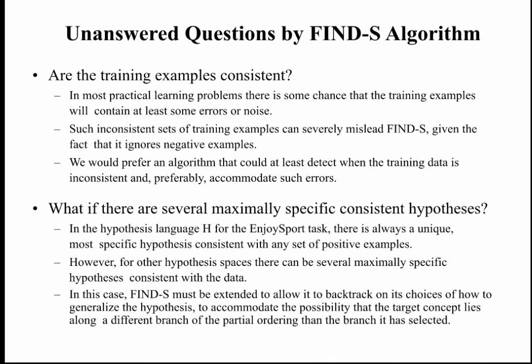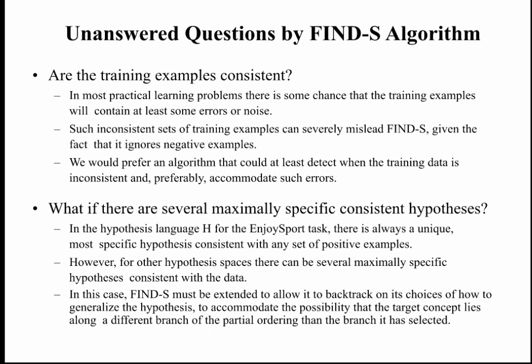Another question is, what if our training examples have some noise in them, if they have errors in them? Obviously what your hypothesis gives may be a wrong result because of the noise present in our training samples. So we are highly dependent on the training samples when we are searching our hypothesis. Noise is obviously going to affect what your result is going to be after searching your hypothesis space. Again, it is a limitation of the Find-S algorithm that it is prone to noise or inconsistency in the training samples.